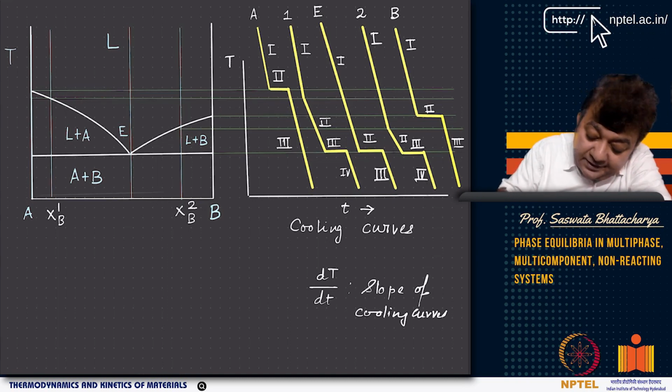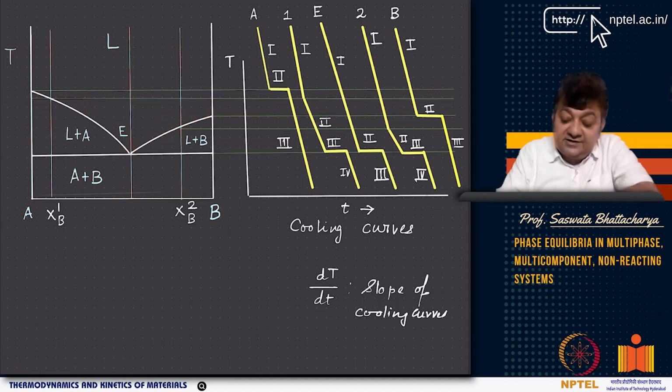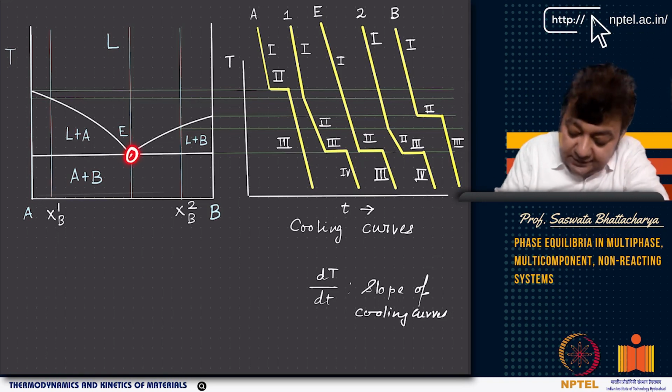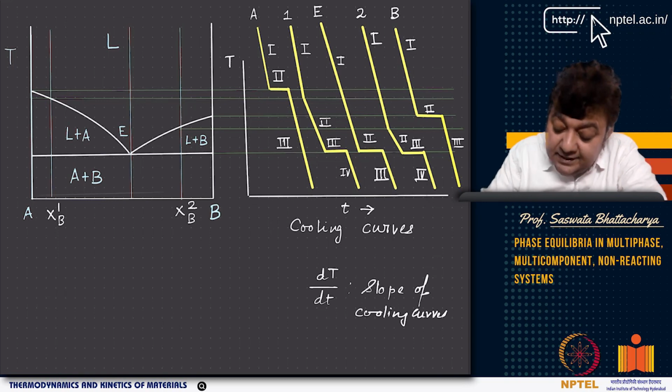Say, for example, if I look at this phase diagram, for pure B the freezing point is different, for pure A the freezing point is different. TA freeze is changing as you go from the pure component to here, and again TB also changes like that. So TB changes this way, TA changes this way, and here TA freeze and TB freeze become equal. It is an invariant point, or a eutectic point. Right?